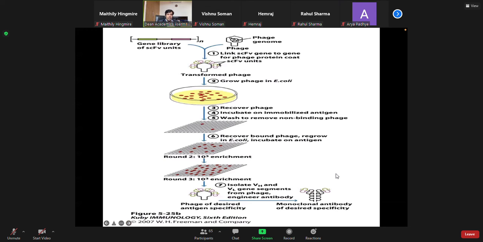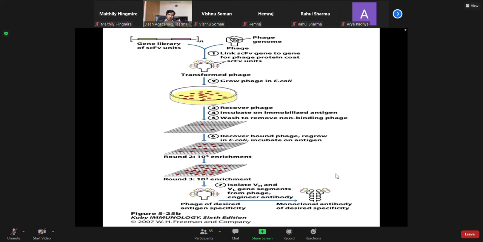And once they are present on the surface, obviously they are present in bacterial cells, so you have to do many steps to recover those specific antigen binders. This process of selecting specific binders which are displayed on the surface of the bacteriophage against your antigen of choice is called biopanning. Essentially, you do the first round of biopanning, so you get the specific interactors, right? You elute this bacteriophage, you multiply it by infecting bacterial cells, then you again perform this biopanning process,